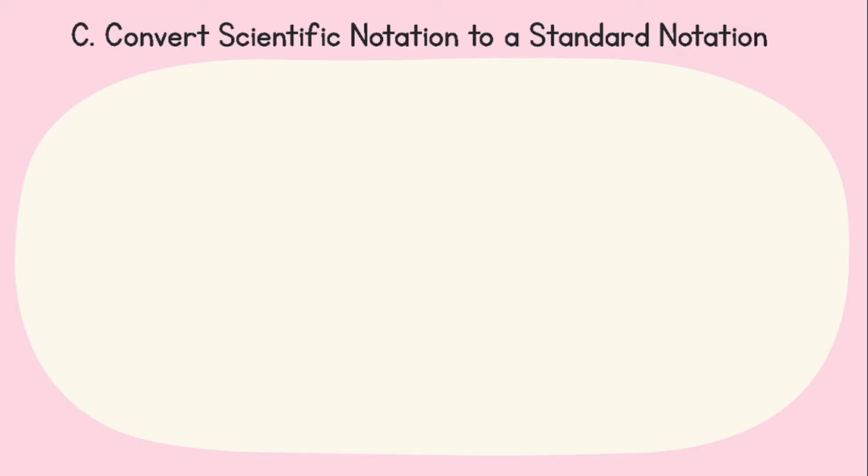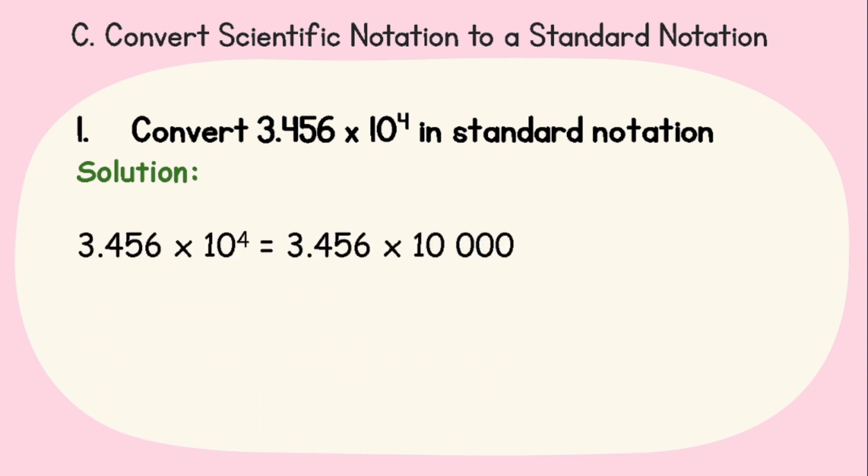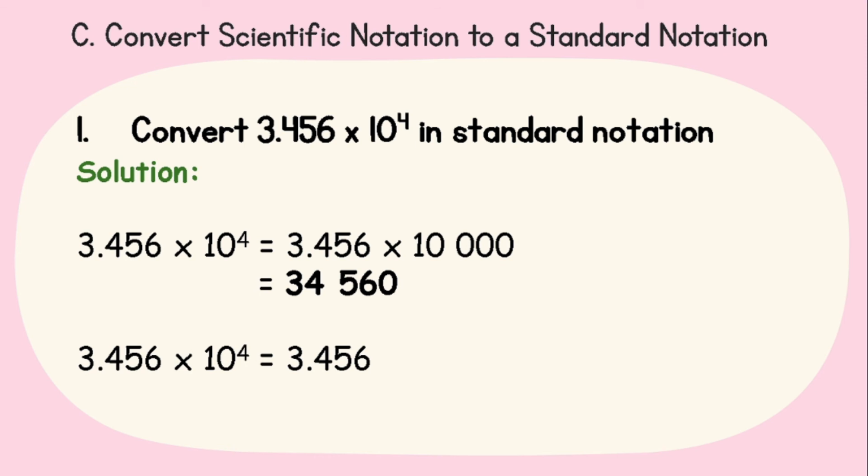How about if we convert scientific notation into standard notation? Example 1. Convert 3.456 times 10 raised to 4 in standard notation. Here's the solution. 3.456 times 10 raised to 4 is the same as 3.456 times 10,000, which is equal to 34,560. Or since you are multiplying a power of 10 positive, just move the decimal point 4 units to the right. Starting here, we have 1, 2, 3, 4. And remember to put 0 to an empty place. Now we get the same answer as